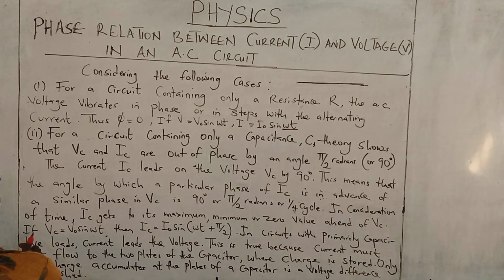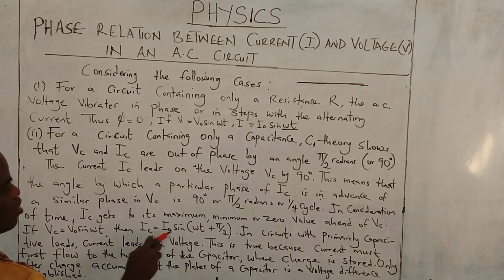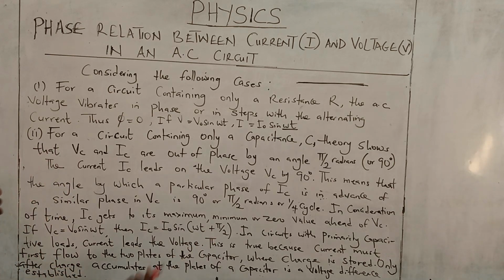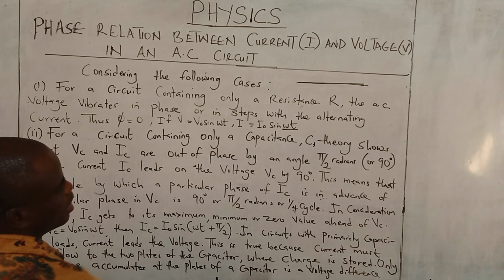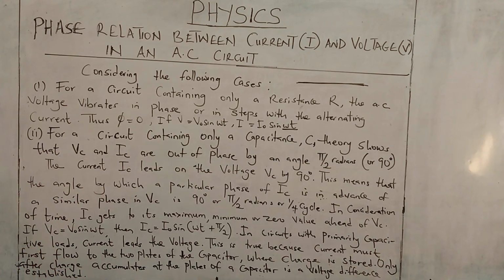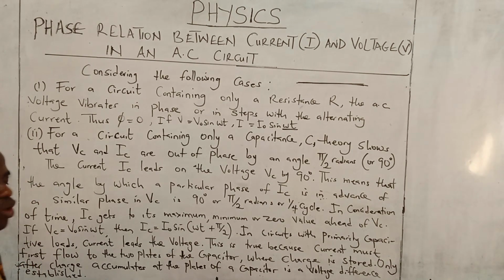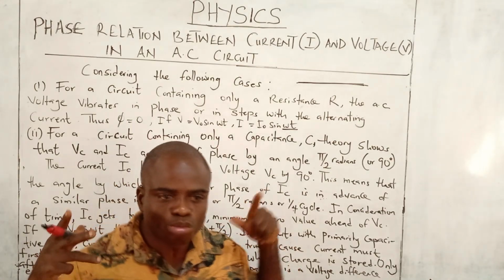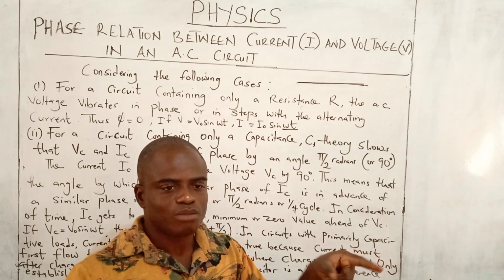And also, if VC equals V naught sine omega t, then IC equals I naught sine omega t plus pi over 2. It means that current leads the voltage in a circuit that contains only a capacitance. See, in a circuit with primarily capacitive load, current leads the voltage. Why? Because the two plates of the capacitor hold charges. The current has to move to those two plates before